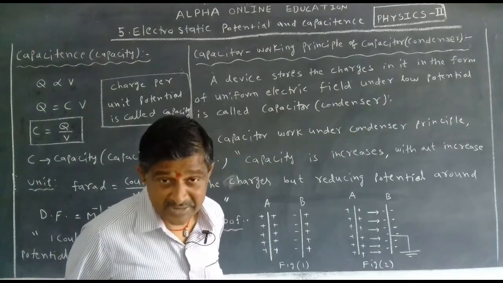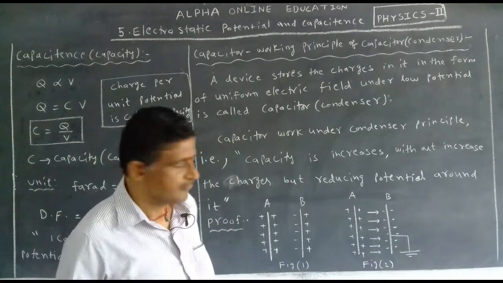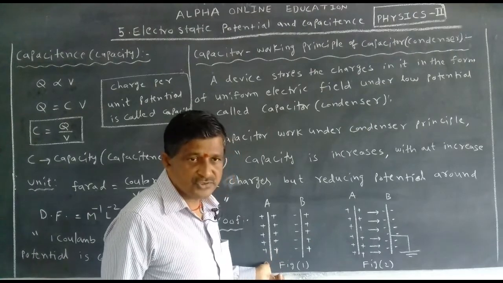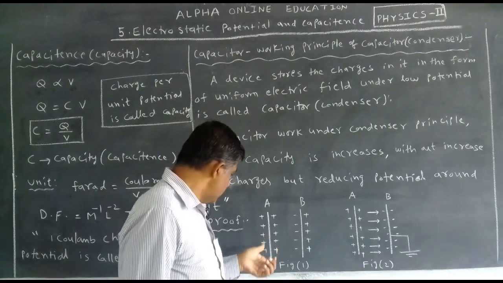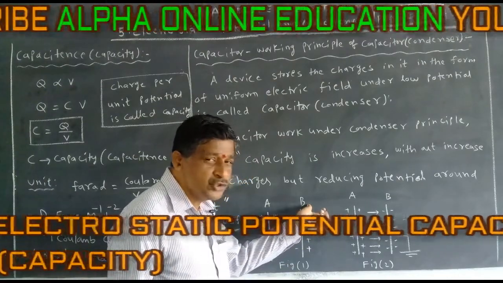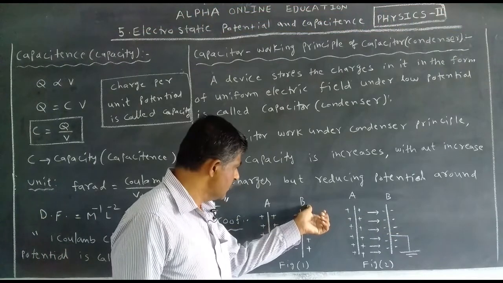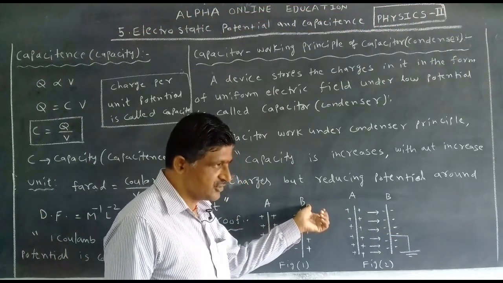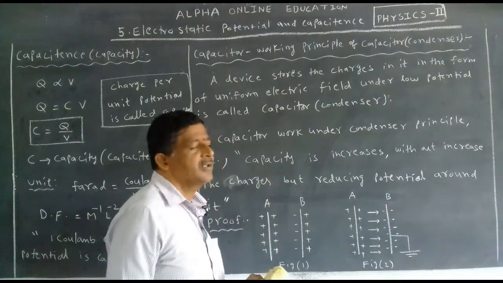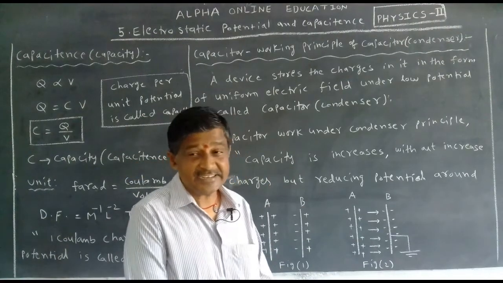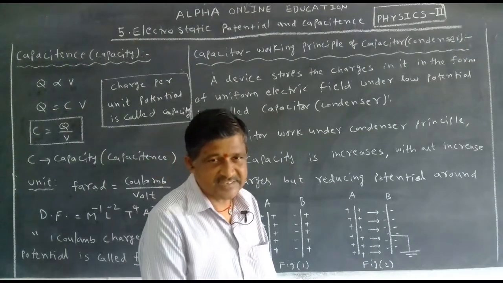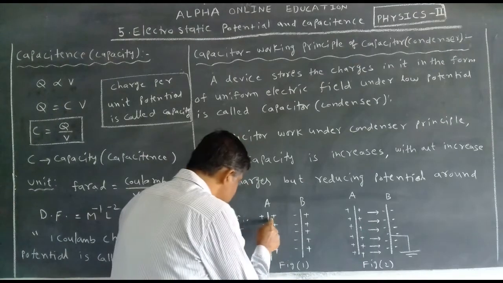It is also a plate, and a plate means it is a metal. It is also a metal, but plate A is totally charged. Nearer to this charged plate, we take the uncharged plate B. In this one, positive and negative charges are the same. So immediately between the plates, electrostatic induction occurs. This is the positive charge.